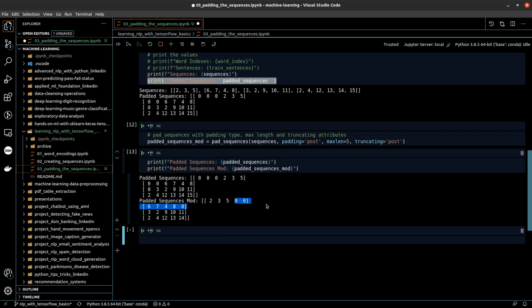Now it is doing it at the end, and we are limiting the length of each sequence to be 5. And if you see the last sequence, which was of length 6, now it has been truncated to just length 5, and the value has been truncated from the end of the sequence. That is because we are passing truncating as post. So that is how we can perform this padding.